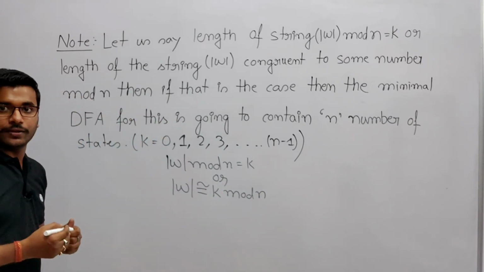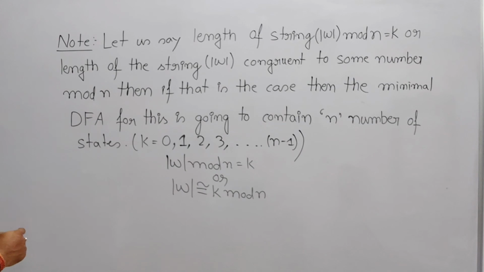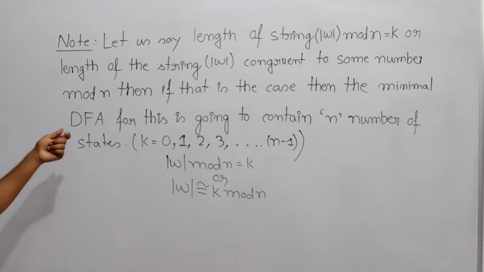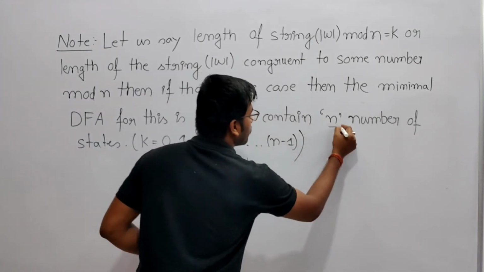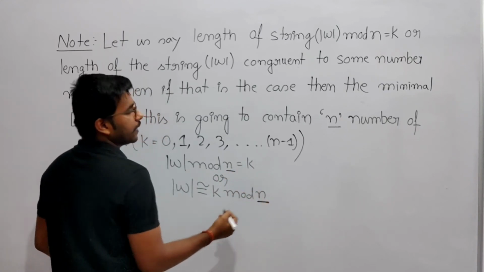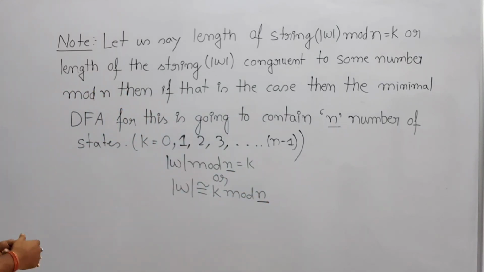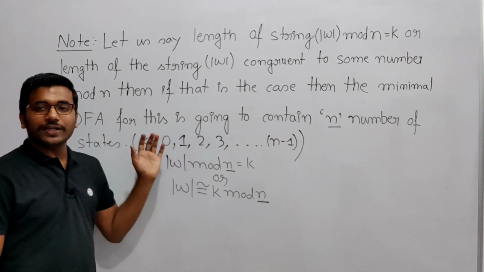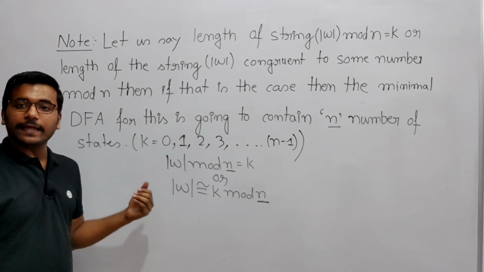Both I have written. If that is the case, then the minimal DFA for this is going to contain n number of states, and k will be either 0, 1, 2 till n minus 1. n can be any